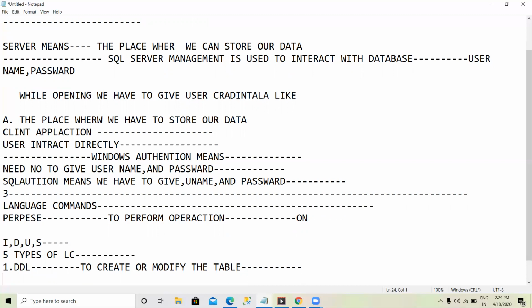Create means if you want to create any table, we have to use DDL commands. To modify the table, we have to use DDL commands. Under DDL commands, drop, create, alter, and truncate will come.